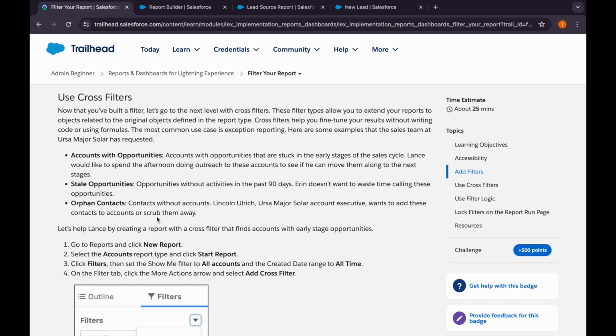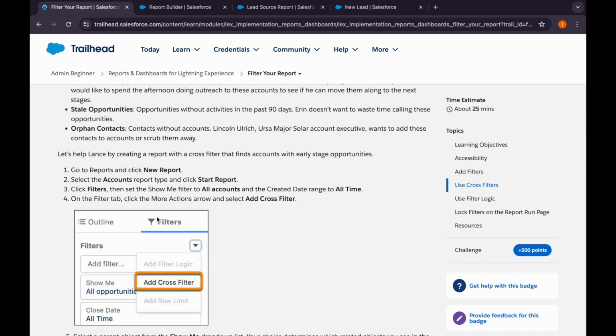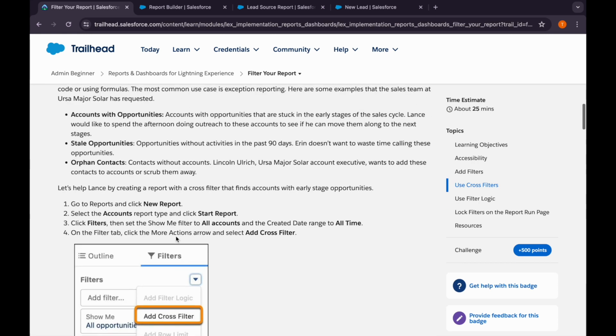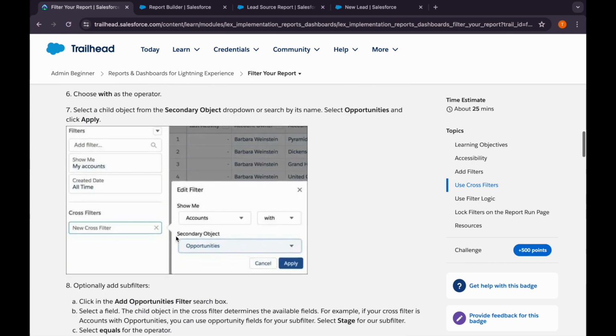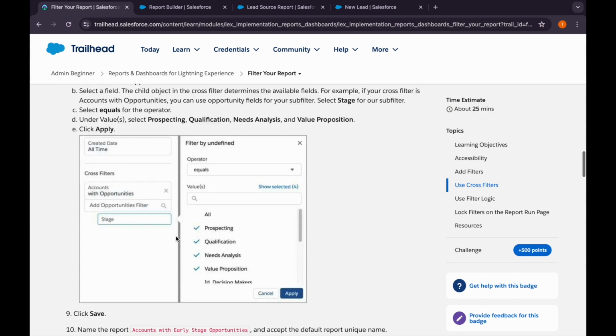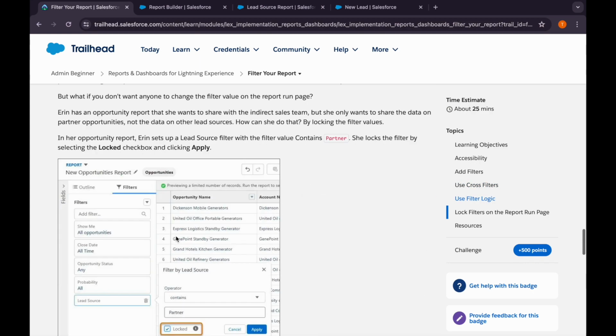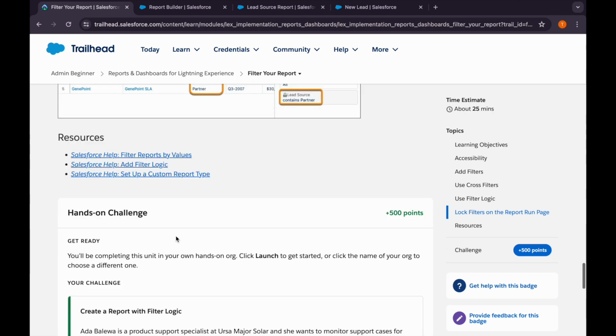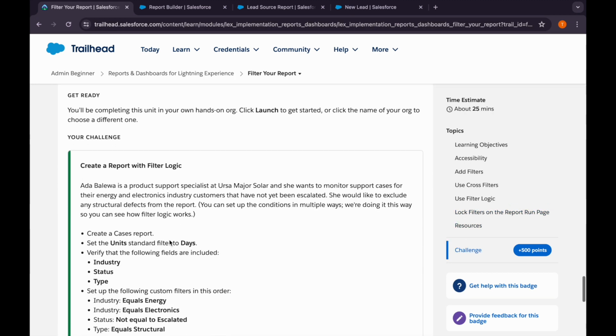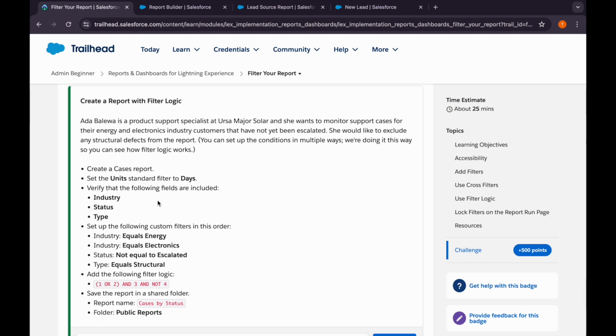So that's all. They are using cross filter here. We can use cross filter from here. I'll show you where we have it in our org. And filter logic as well, then AND, OR again, with things we can apply. Let's come here. So here we need to create a